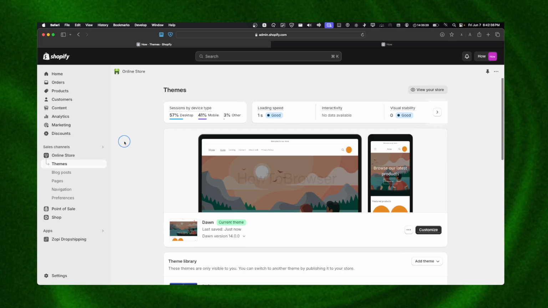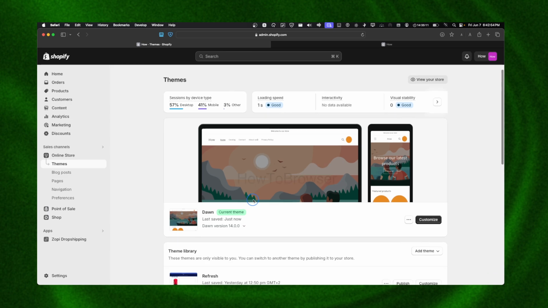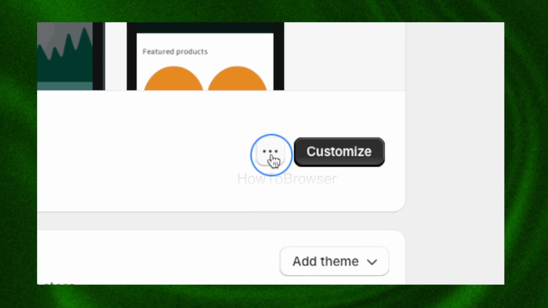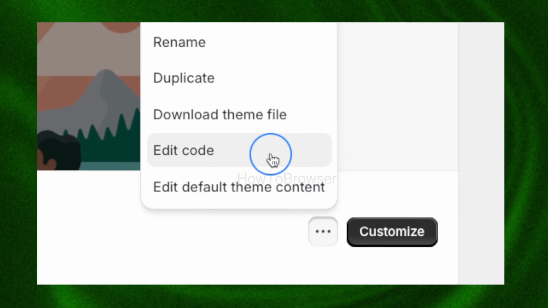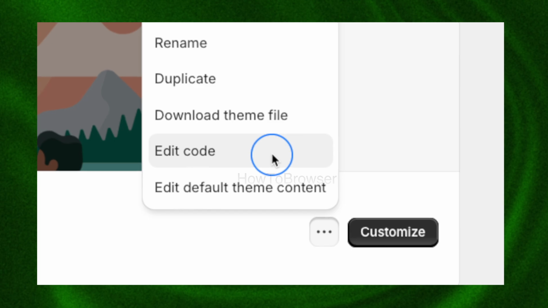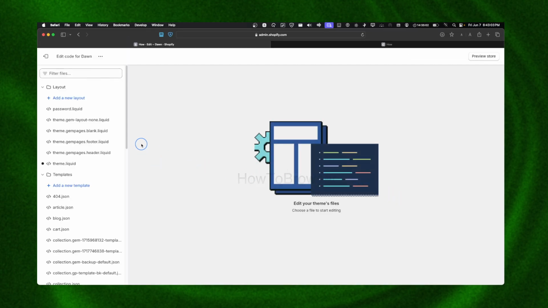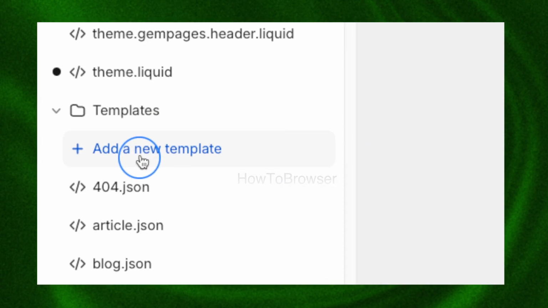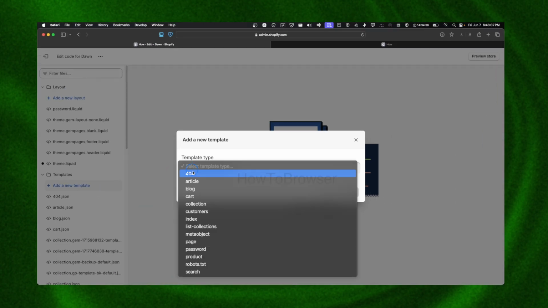All right, so how you can edit your robots.txt file. You're going to have to go to settings, and then here we have three dots. Click on that, and then here select edit code. And then here in templates, we click on add a new template, and then here select